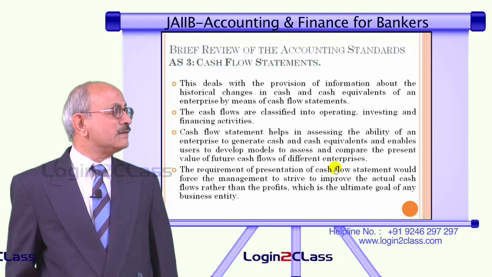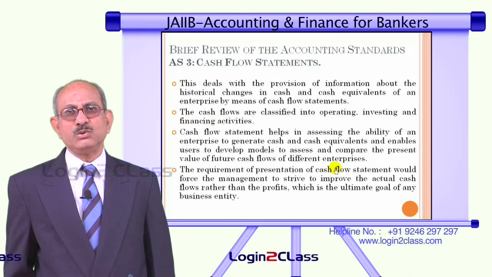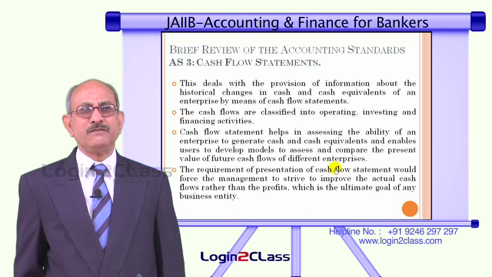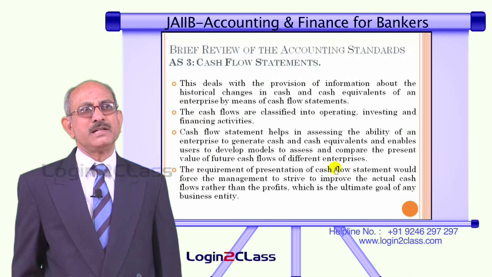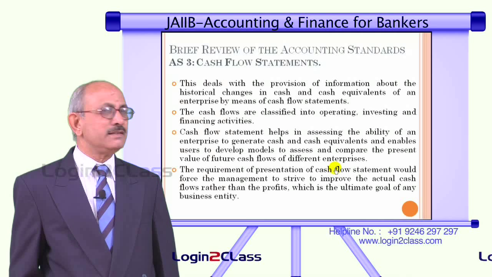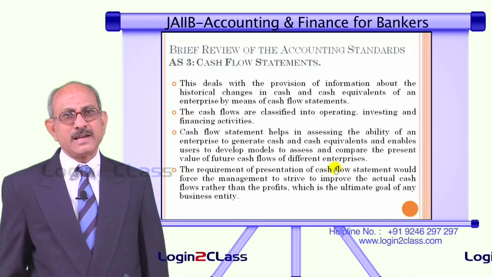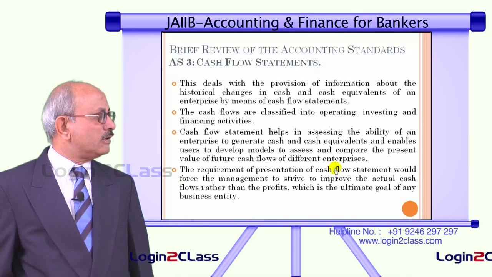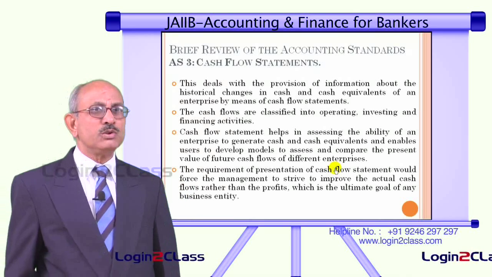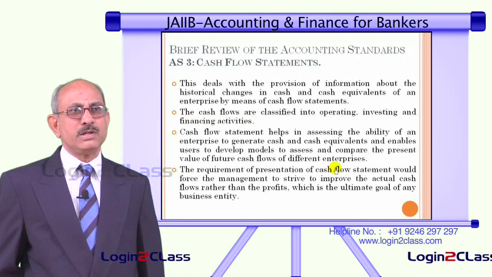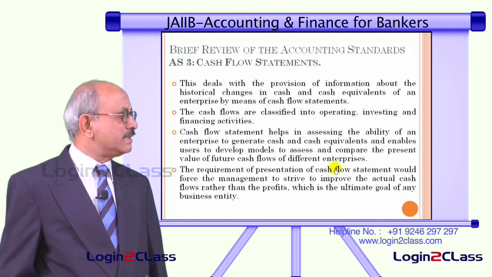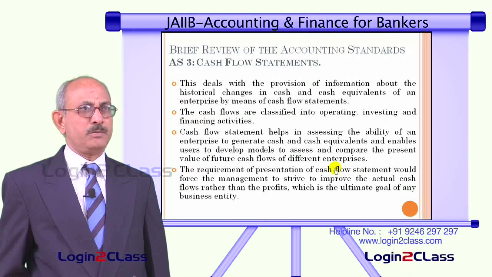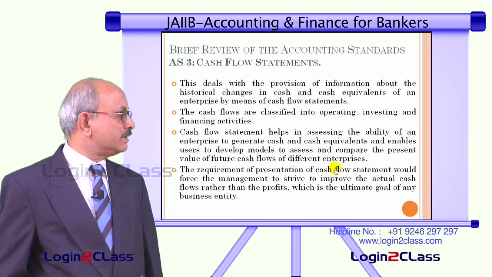So, what is the reason for classification of these into different kinds of activities? The basic objective is to know what kind of cash flows are generated from the main activity of the entity, that is the operating activity. Is there a surplus of cash flows? That means the net cash inflows are there or not in respect of operating activities, and if so, how these are ultimately being utilized by the entity. And if there is a shortfall in the operating activities, how the shortfall is being met is given in